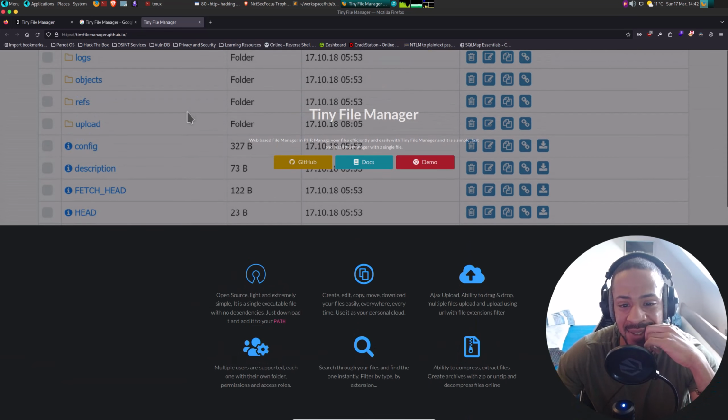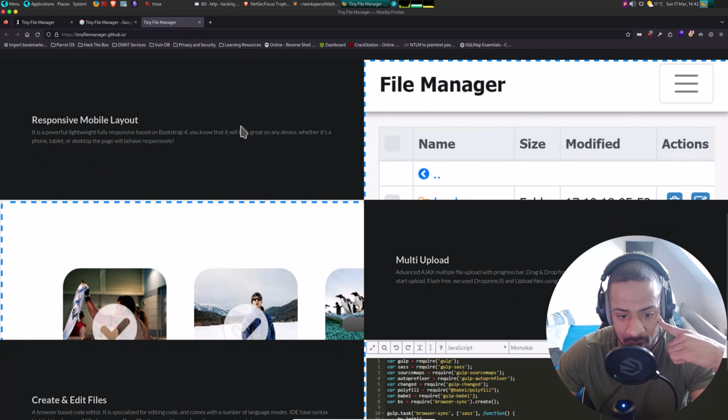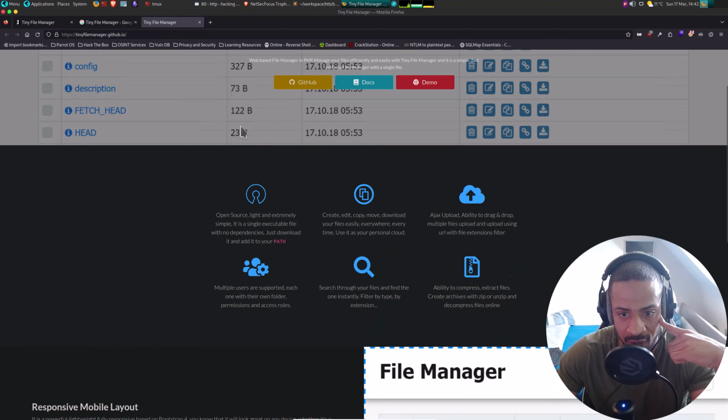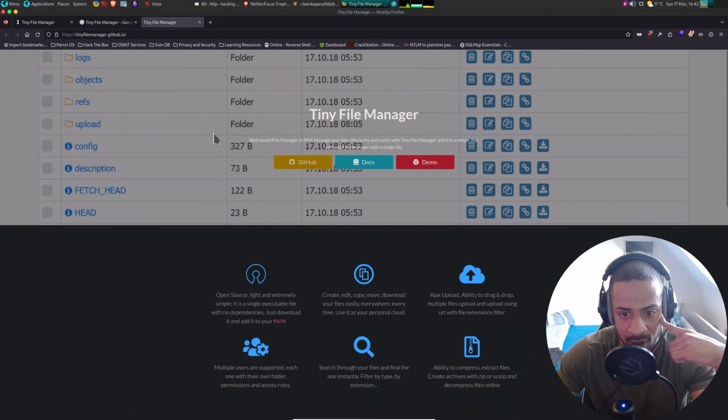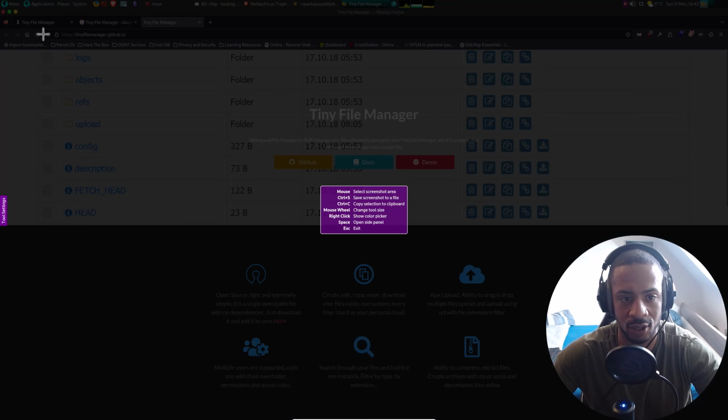So, web-based file manager in PHP. Interesting. Manage your files efficiently and easily with Tiny File Manager. And it is a simple, fast and small file manager with a single file. That sounds incredibly secure. Okay, very interesting. Wait, let's take a screenshot of this.